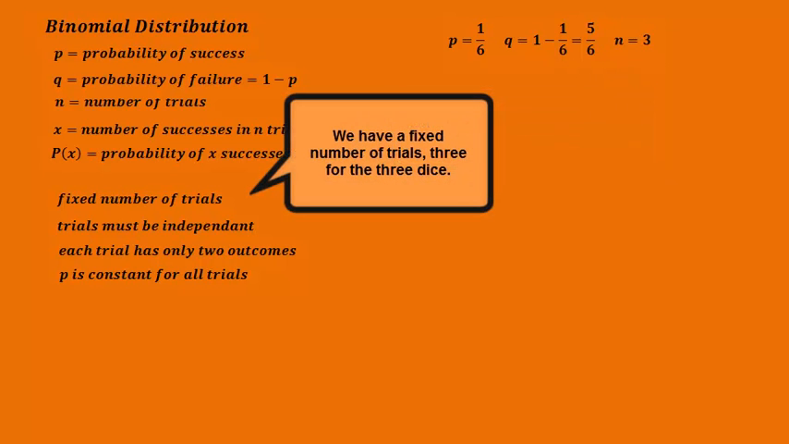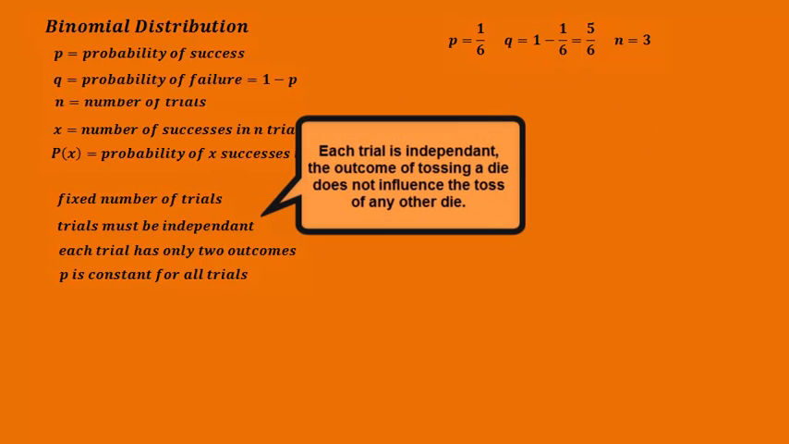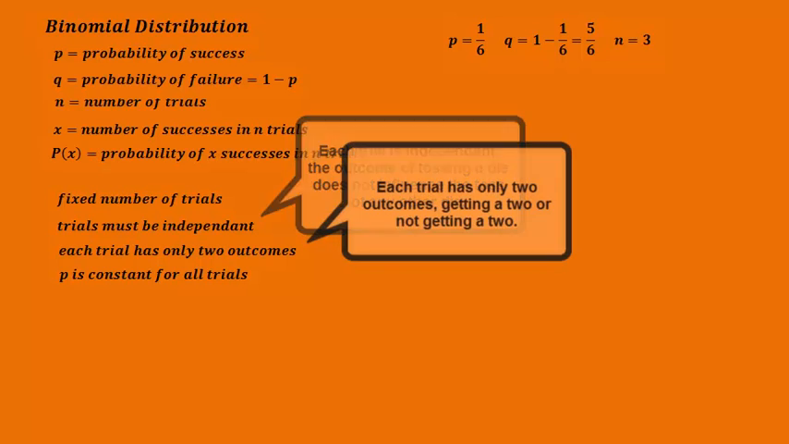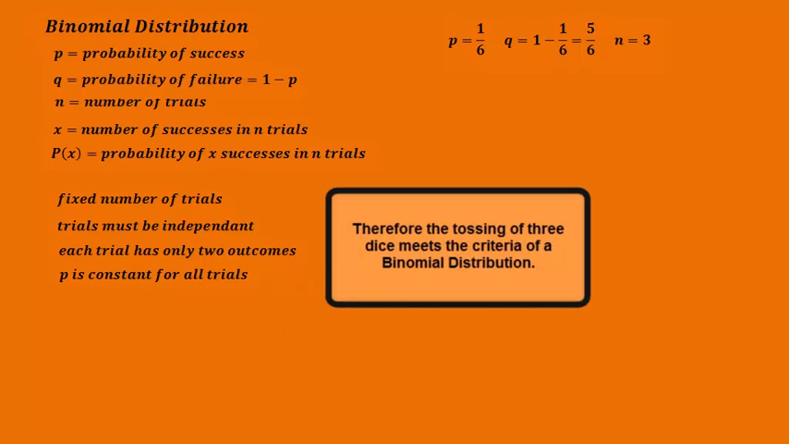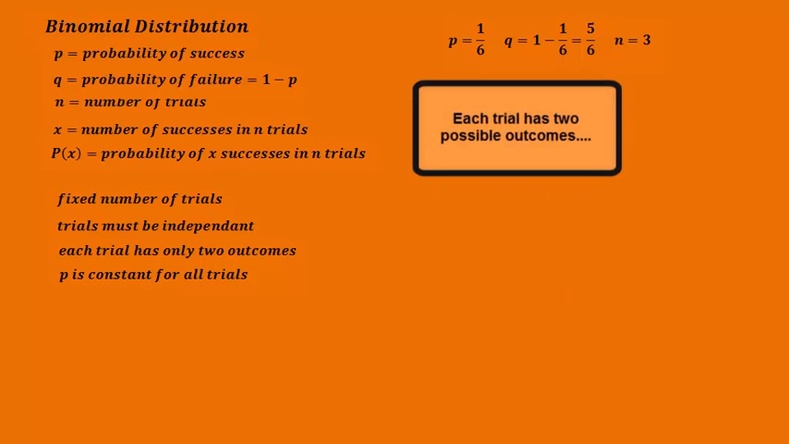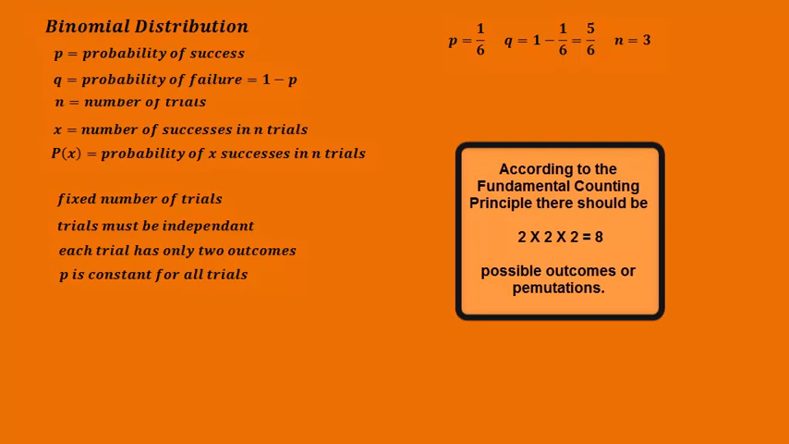We have a fixed number of trials, 3 for the 3 dice. Each trial is independent. The outcome of tossing a die does not influence the toss of any other die. Each trial has only 2 outcomes, getting a 2 or not getting a 2. The probability of success is the same for each die, 1/6. Therefore, the tossing of 3 dice meets the criteria of a binomial distribution. Each trial has 2 possible outcomes, 2 for the first toss, 2 for the second, and 2 for the third toss. According to the fundamental counting principle, there should be 2 times 2 times 2 equals 8 possible outcomes or